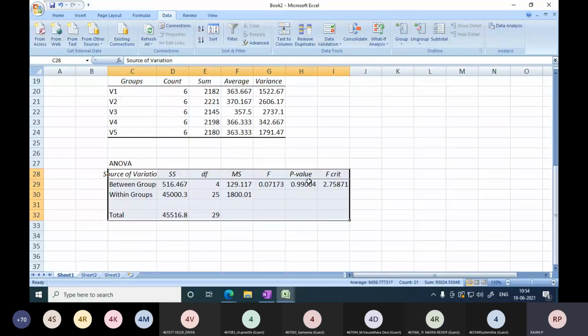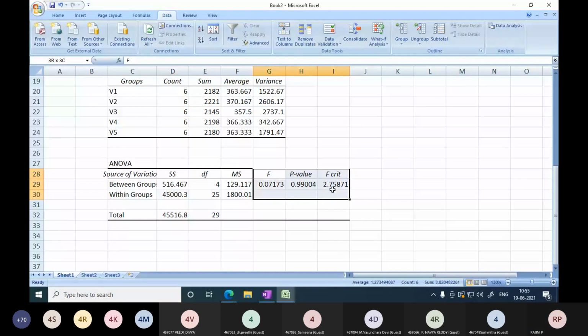So here, what do you have? You just check it. The degrees of freedom 4. You just check with your table. Did you get the same table? Don't worry about these values. Okay, did you get the same table? Is it clear?